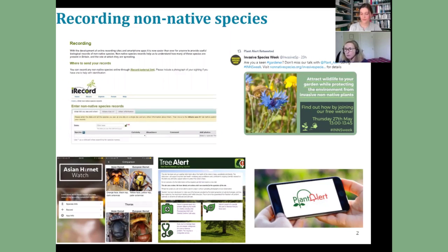And if you can put a photo with it, then that's really fantastic, because we can then get someone to verify the records. But then we also have some specific apps. So for example, the Asian Hornet Watch app, but you can also record Asian hornets through the online iRecord system as well. So you don't necessarily have to download the app, but there is a lot of information within that free to download app